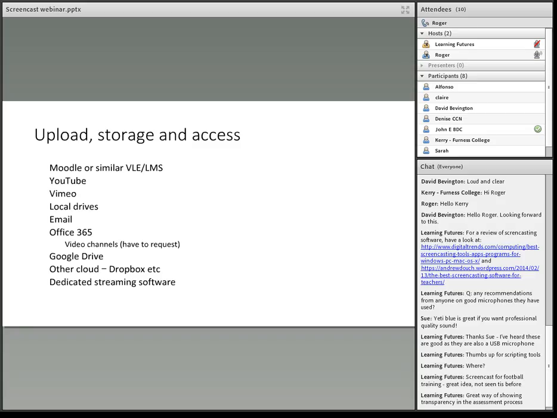The other issue is in terms of what we're looking at for assessment feedback. You would want to make sure that's confidential, so we would use unlisted, which basically means that the link has to be shared. But even that isn't, of course, 100% confidential. You can log onto Vimeo, and again, local drives. And as I said, you could go straight to email.